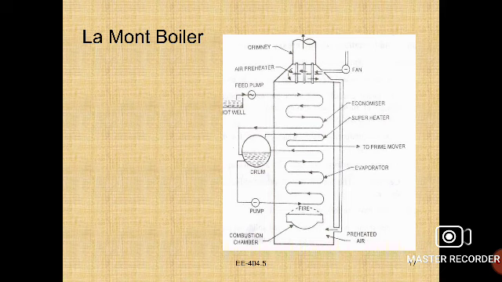The steam is separated in the drum and is drawn through the superheater, which is of the convective type. The superheater is placed in the path of flue gases. The steam flowing through the superheater tube is superheated by absorbing heat from the flue gases. Finally, the superheated steam at high temperature is delivered to the prime mover. You can observe the figure as I have described.